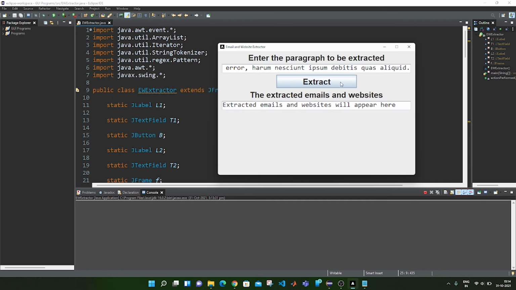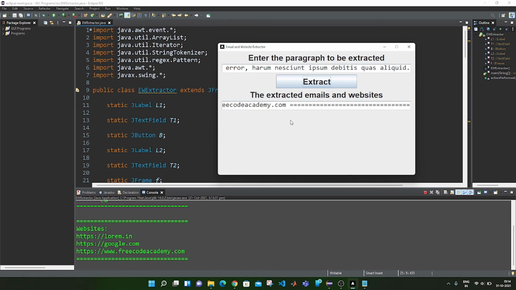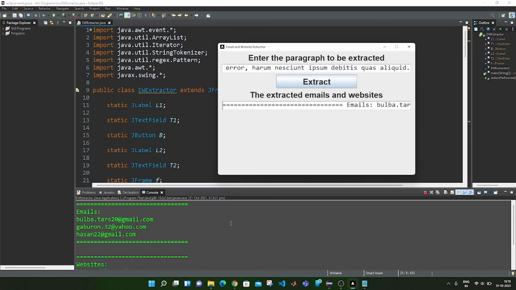And now if I click on extract, then you will see that we have got all the emails separately as well as the websites separately. As it is a single line, you can view it only with great difficulty, but you can also see it in the console because I printed the extracted emails as well as the websites into the console.